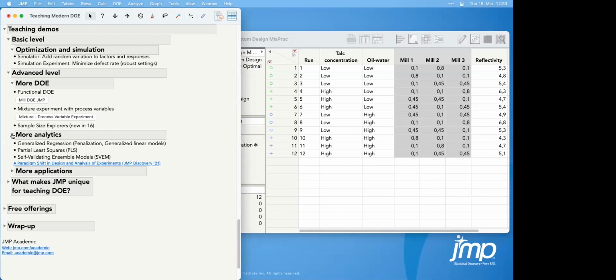More analytics, just mentioning, of course, also the analytics, the modeling is an interesting topic. And there are also more advanced methods than just multiple linear regression. So there's a platform called generalized regression, which also uses penalized regression, generalized linear models with non-normal distributions of your data. So we also have partial least squares, which can detect a latent structure in your factors or responses, and